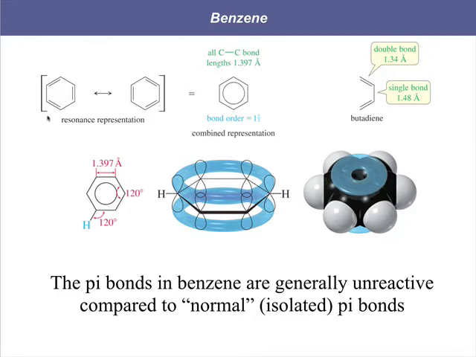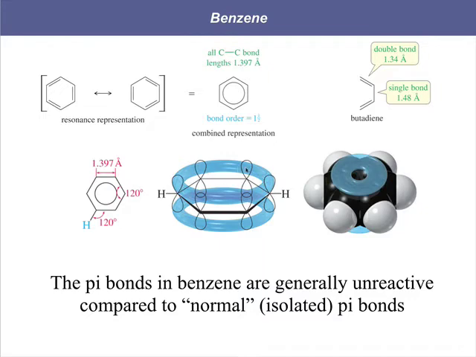So let's try to look at a molecular orbital picture of benzene. Remember, when we combined these orbitals for ethylene and for 1,3-butadiene, we combined them in such a way that we produced as many new molecular orbitals as atomic orbitals that we started with. So in benzene, if we are mixing 6 orbitals together, we have one orbital from each carbon, and they're all